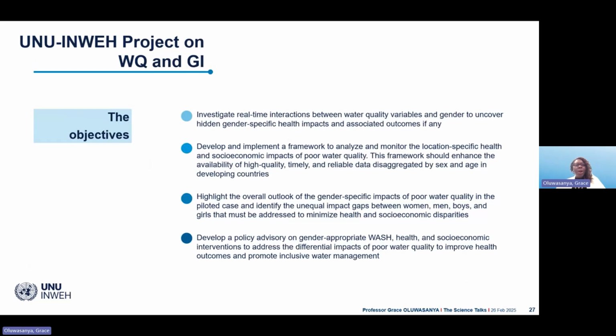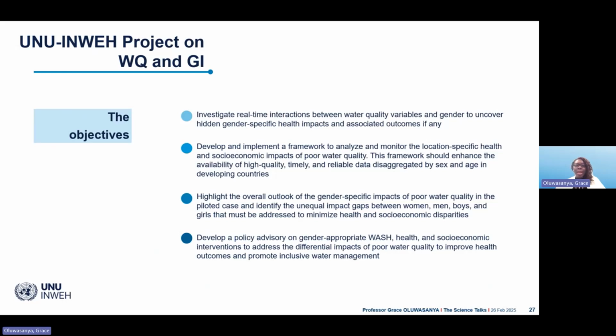All right, so for the study, the four major objectives are: first, to investigate real-time interactions between water quality variables and gender, to uncover hidden gender-specific health impacts and associated outcomes, if any. Another objective is to develop and implement a framework to analyze or monitor location-specific health and socioeconomic impacts around poor water quality, hoping we can leverage these to populate data disaggregated by sex and age group, particularly